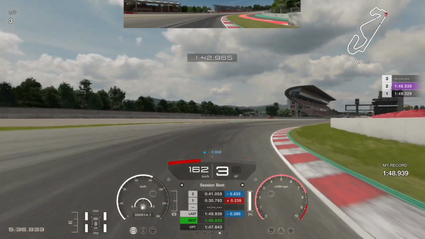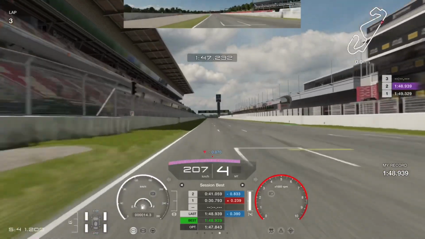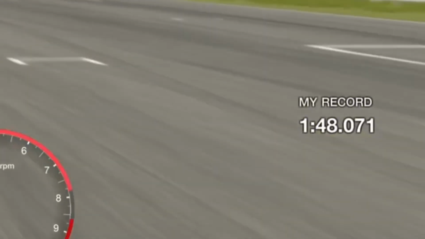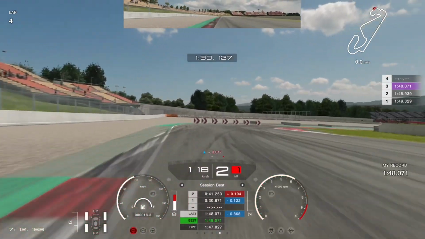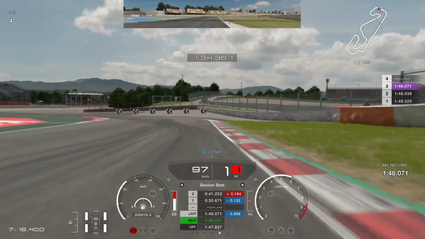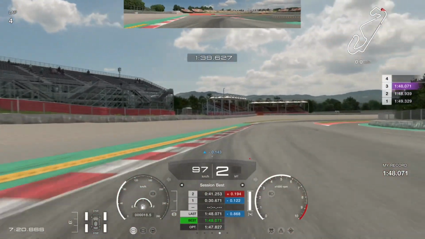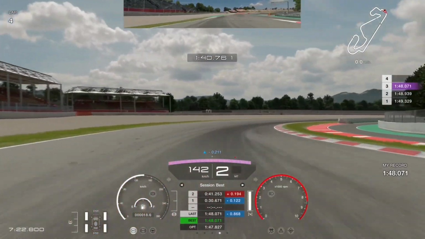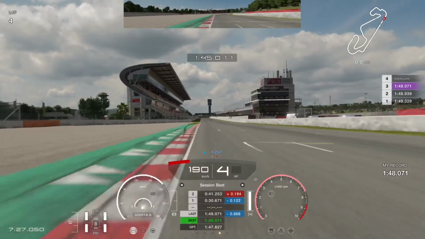Let's just get around the final corner and get across the finish line in 1:48.071. And the following lap, the chicane was much better. So despite the lap not being the best, you can see I'm getting a much better run out of here. I could have taken a bit more of the final apex there, but still, we are getting across the line,